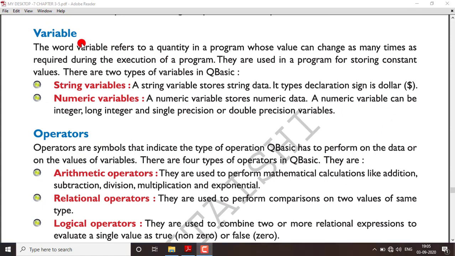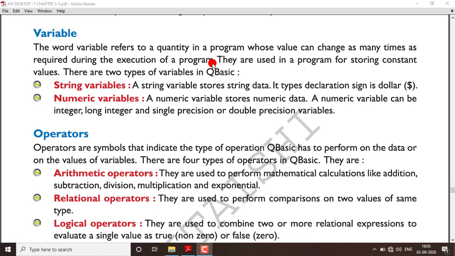Next one is variable. The word variable refers to a quantity in a program whose value can change as many times as required during the execution of a program. The second thing is variable. They are also used in a program, but a variable's value can be changed.